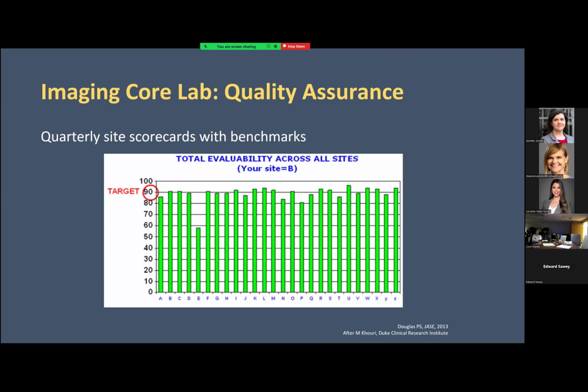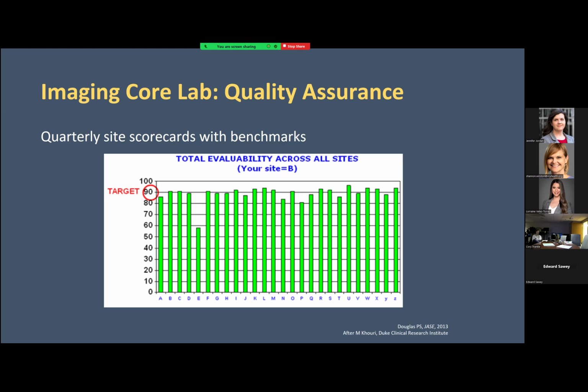I think a big part of what we do as a core lab is to make sure that we're getting quality data in. And so one thing that core labs can do is provide a quarterly or monthly benchmark card of your total evaluability of the scans coming in, whether they're echo or CMR, PET, so you can set a threshold. And if a site's not meeting those, for instance, site E here, you can intervene pretty quickly, target that